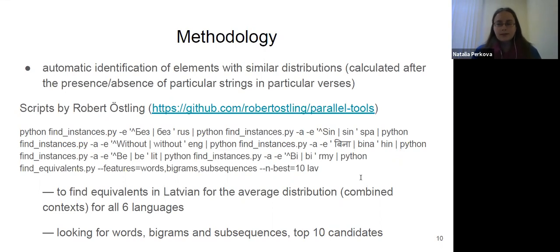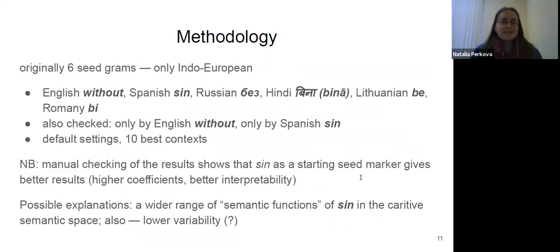And "lav" is the code for Latvian. This is just what we're looking for. So originally we had 6 seed grams with a bias towards Indo-European. So this was inspired by the project team by the moment when we started doing this. So these are the markers we used, but also in addition, we checked